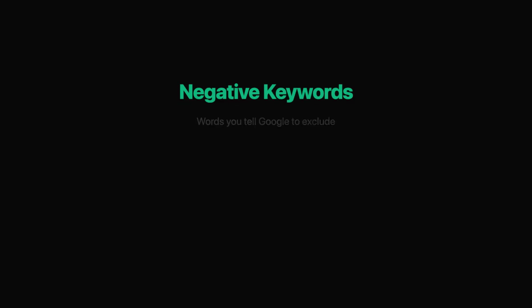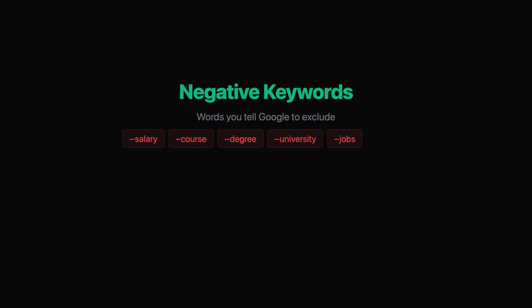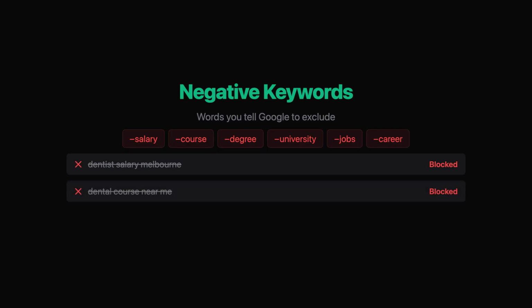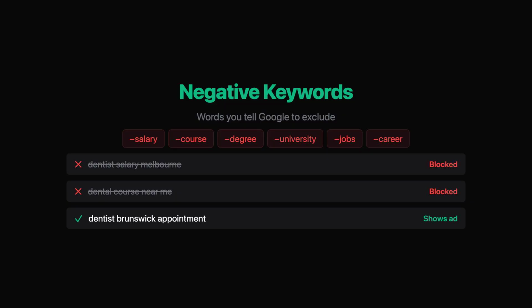Negative keywords are the opposite of regular keywords. They're words you tell Google to exclude. If someone's search contains a negative keyword, your ad won't show. This is how you stop paying for irrelevant clicks. You add salary as a negative keyword, and suddenly you stop showing up for dentist salary Melbourne. You add course, degree, university, jobs, career, and you filter out all the people looking for dental education or employment,